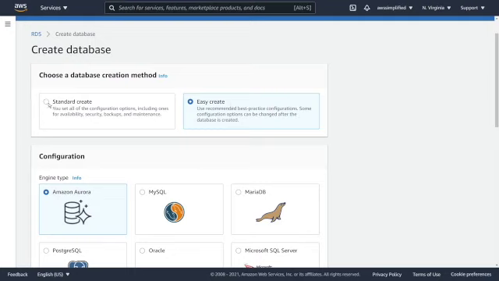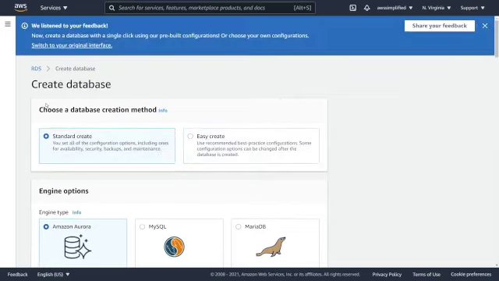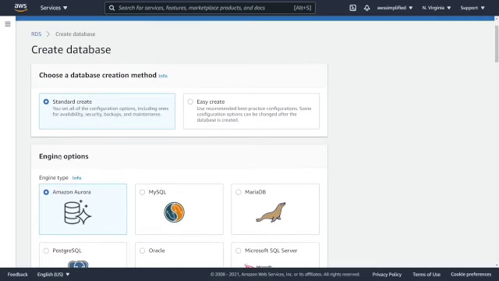Since we're going to be doing this via standard create, we're going to be able to specify all of those settings so that we won't have any hidden costs arise later on. And you're going to get to see all of the different settings that you can pick, and I'm going to explain what they all mean. So, added value there. We're going to go to standard create, and we're going to scroll down now to